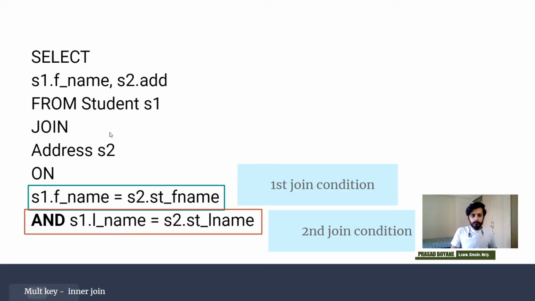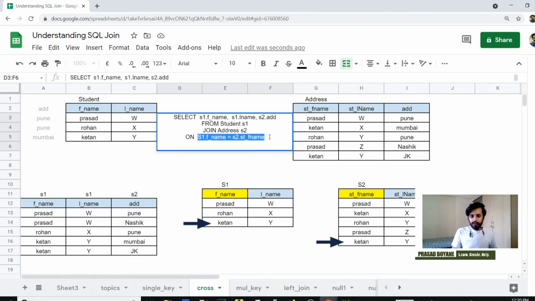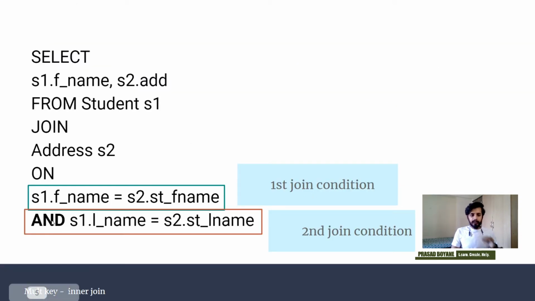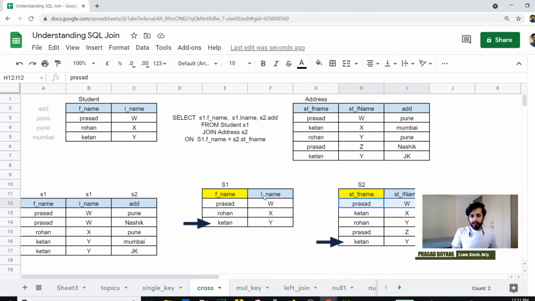Okay, so let's move forward to multiple conditions. Till now we have only one condition, which is checking the f name. But what if I want to take a join based on first name and last name as well? In that case we can use multiple conditions. If you observe, the rest of the query is the same, but after the first condition we have used the AND operator, and after that we have implemented the second condition, which takes the last name of the first table and the last name of the second table. So now in this case,